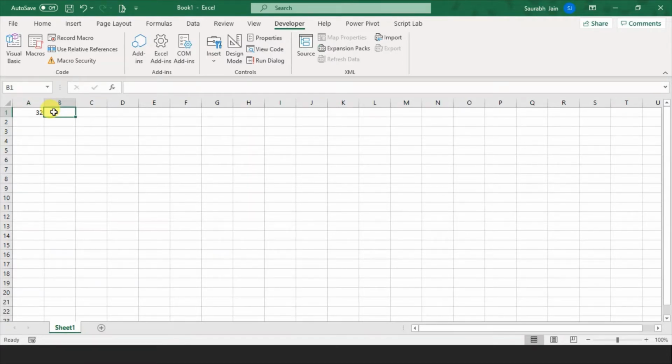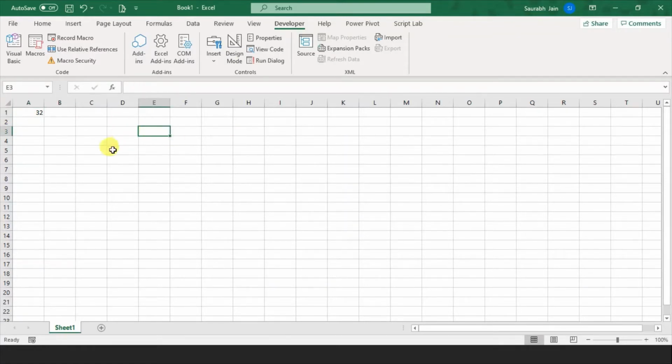Based on the value in cell A1, we have to write something in B1, whether it is positive, negative, or 0. And remember, we can even change the color based on the condition.